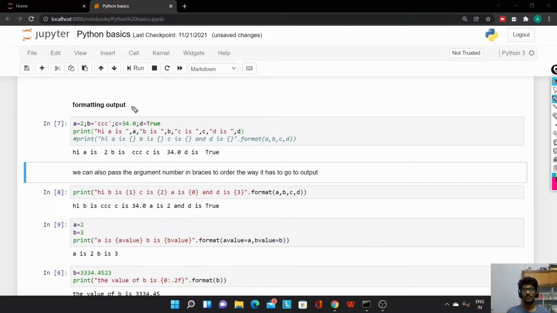Hi everyone, in this video let us try to understand the different ways of formatting the output. In this video let us see the first way of formatting the output, that is the dot format method. Before trying to understand the dot format method, let us understand what is happening in this